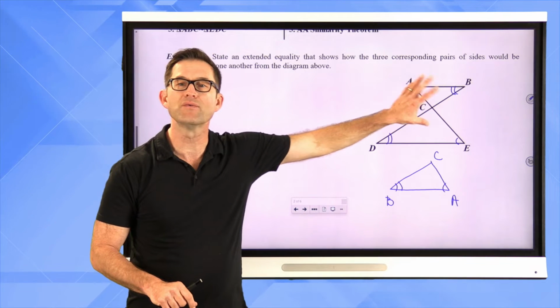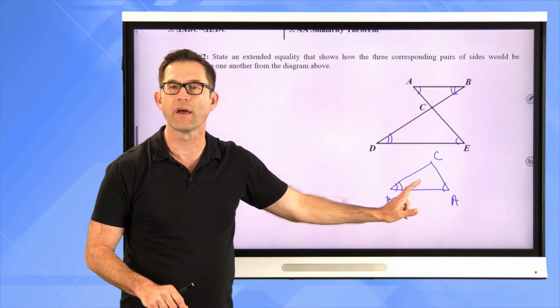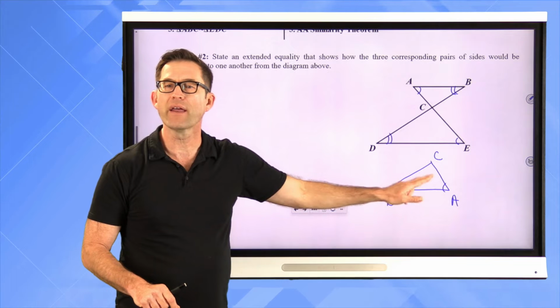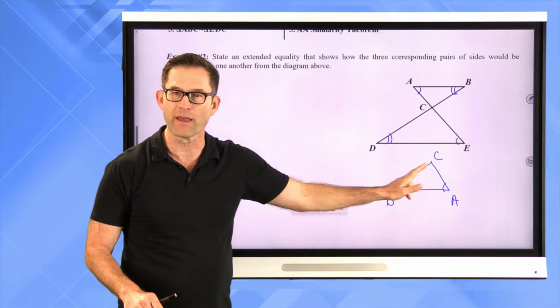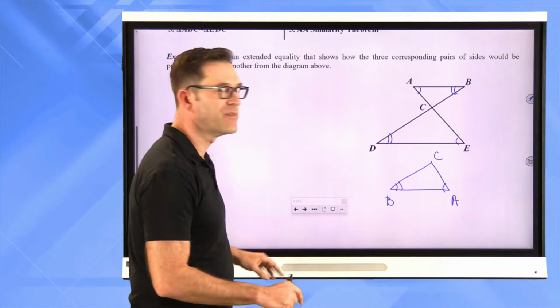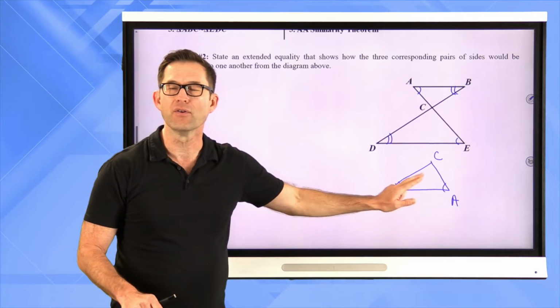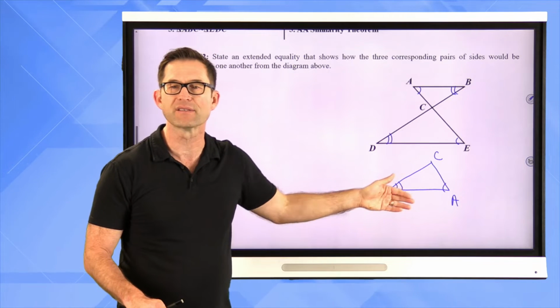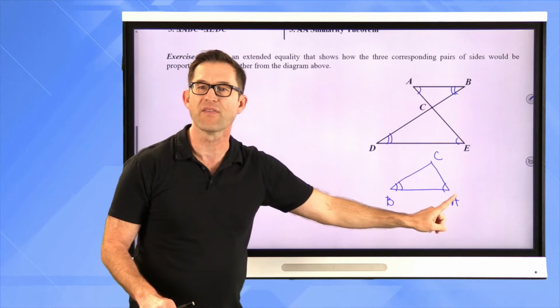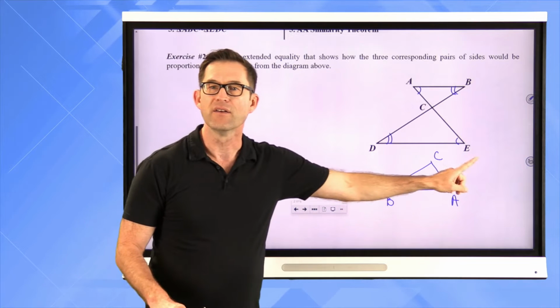I actually have to rotate it 180 degrees and draw it down here. But now I've drawn it so that it has the same shape. I can really see it, right? And now it's easy enough. Now, I could start here and do this divided by this, or I could start up here and do this divided by this. I think I'm going to start down here and I'm going to say that AB divided by